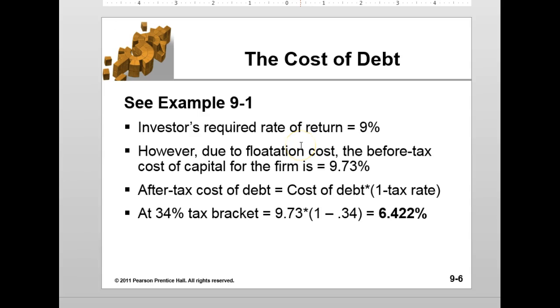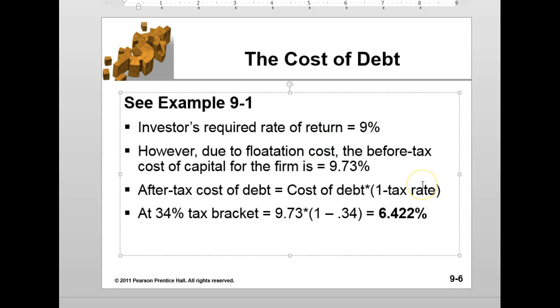The investor wants a rate of return of 9%. But there's a flotation cost, okay? And before cost of capital, which means we had to pay somebody to write up those bonds and get them out on the market. And after all is said and done, there's a before tax cost of capital that we require. This is how much it's cost us, of